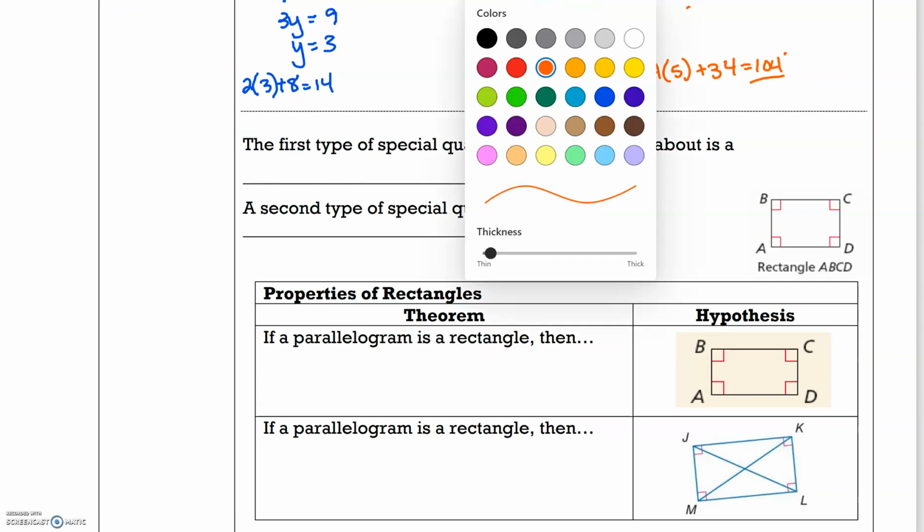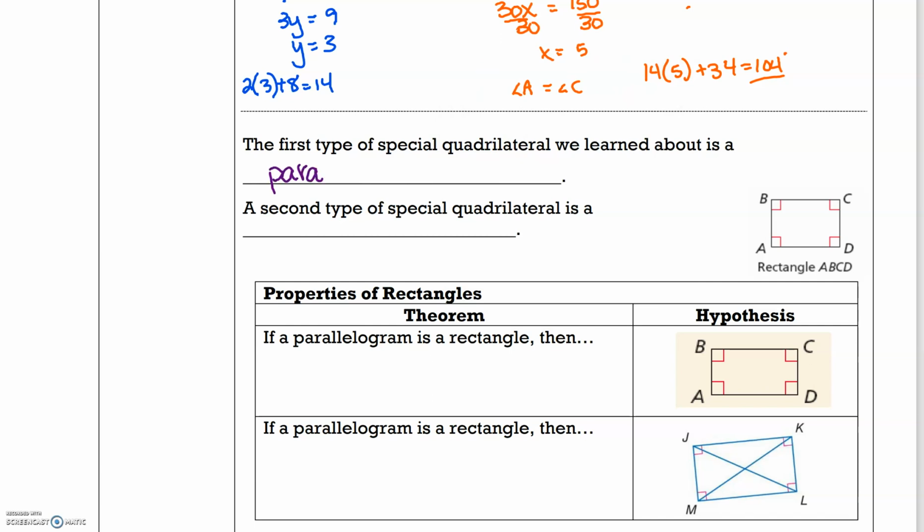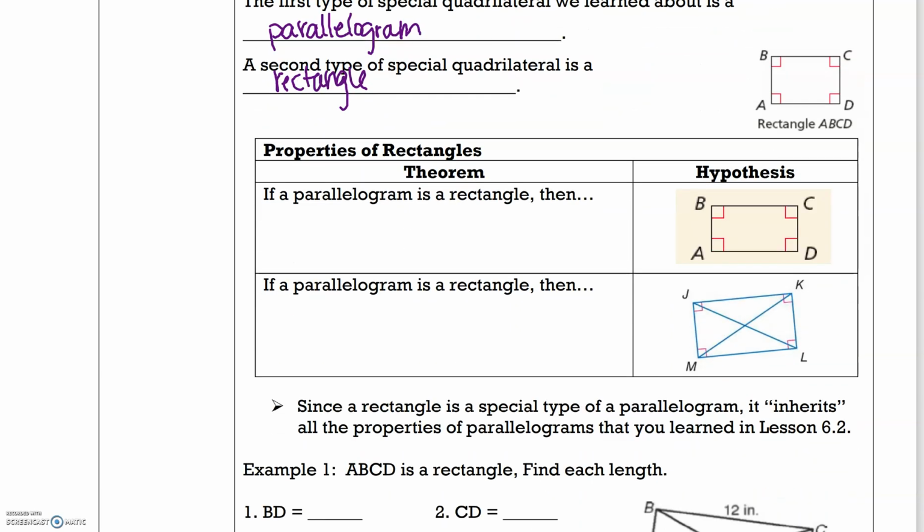So the first type of special quadrilateral we talked about was a parallelogram. And now we're going to learn about the second type, which is a rectangle. And a rectangle has two properties. It has opposite sides parallel and congruent, with 4 right angles. And then this one, the diagonals